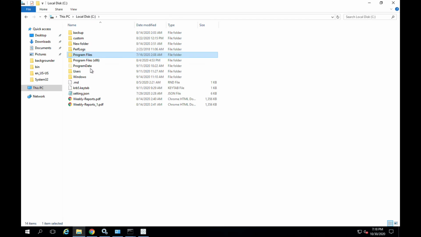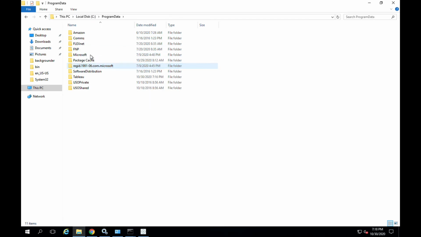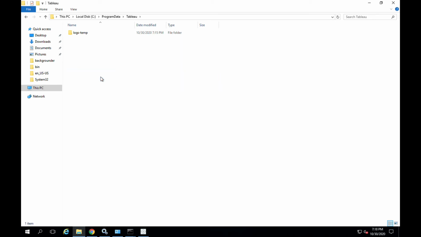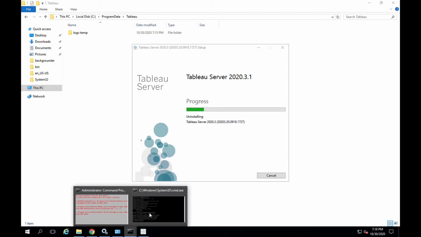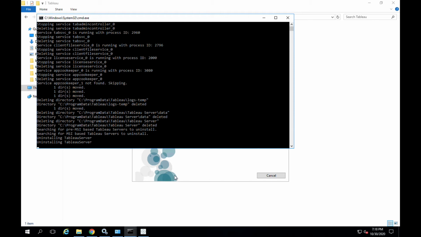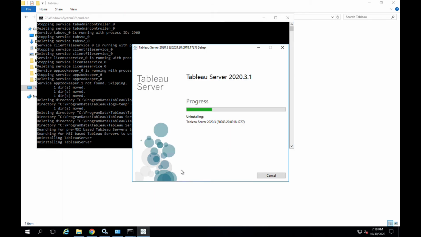Maybe not this folder, I'll go to program data. Yeah, here you can see all of the data, tab svc, and all other directories have been removed already. If you have observed previously, it was uninstalling .3.0, but now it is uninstalling .3.1.